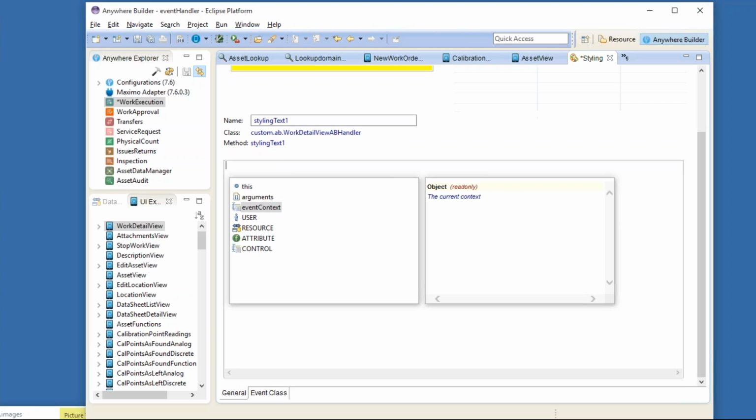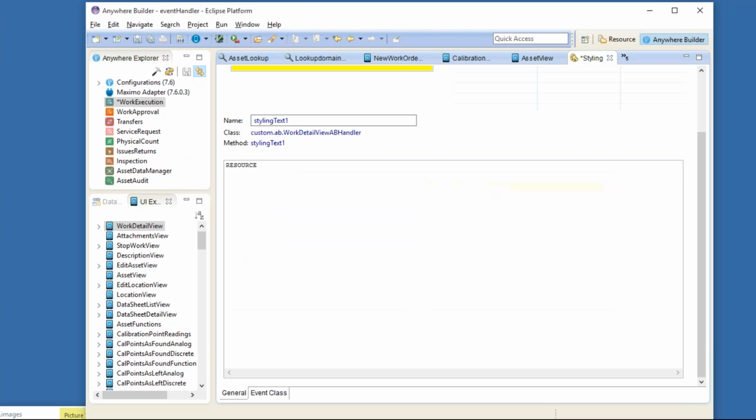And we have available to us the user's context that they're associated with, and that means the user's name, the group memberships they belong to. We can check sites and orgs. We give you the resource in play. In this case, it's going to be a work order resource. So if I can return, I want it to be red if, let's do this, if resource dot, and